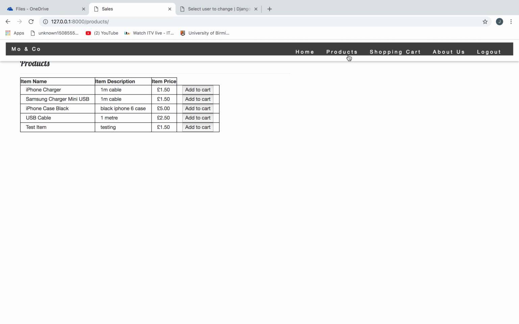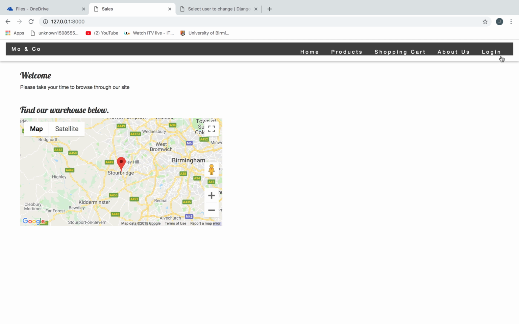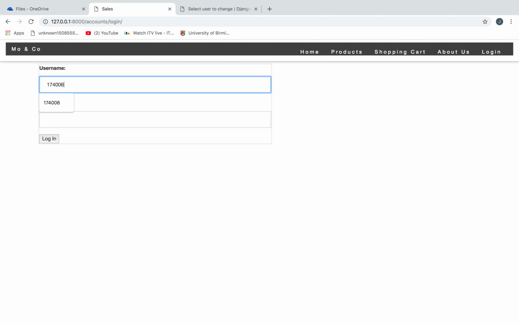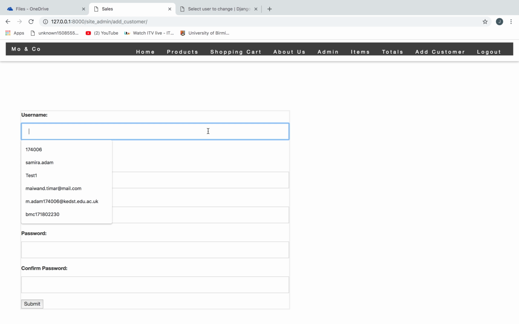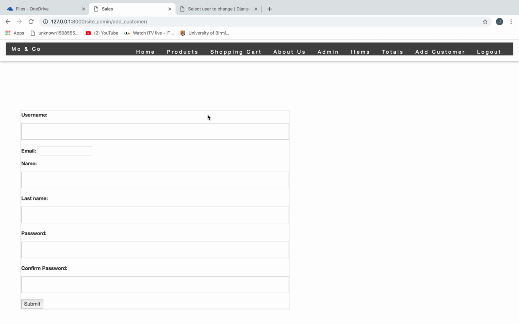Part 3 of the testing, we're going to test if you have to type the same password in the confirm password part when you're adding a new customer. So we're going to log out and log back into the admin. Go to the add customer page again, and we're going to use this test data, and we're going to see if we need to have this correct password and confirm password. So we're going to put in the username as test3. We're just going to put in any email address,